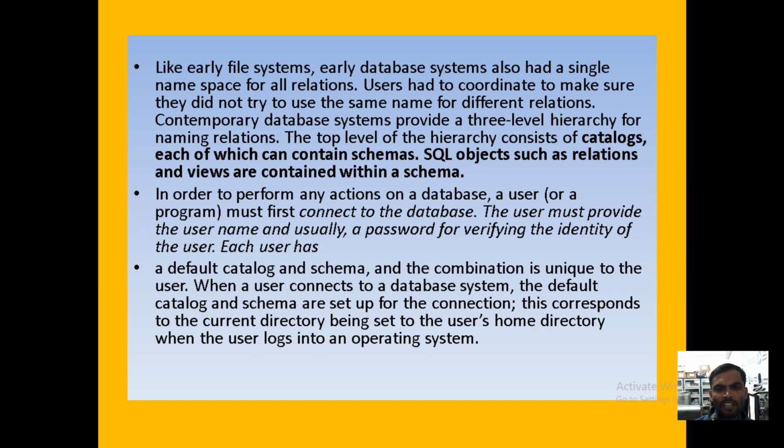Database systems provide a three-level hierarchy. Already you learned about the view level and logical level. The topmost layer is the view layer, then the physical layer and the logical layer. Under data abstraction you learned about the three layers: the physical layer, the logical layer and the view level. The topmost level is the view level. The middle we call the logical level.